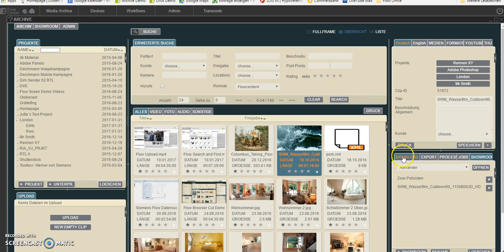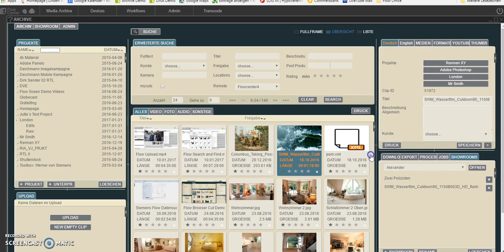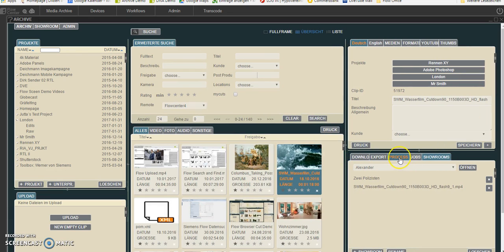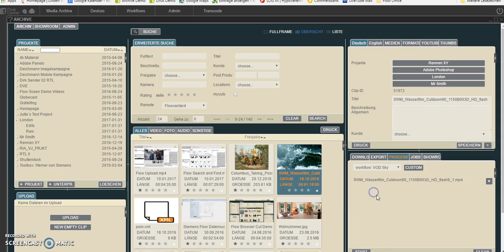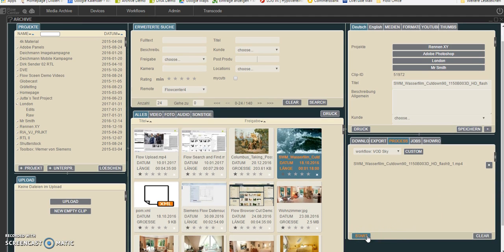Now, another little thing that I'd like to show you, of course, is down here is what we call the workbench. Now, I don't know if you saw it in the Device and Workflow Manager, how workflows are created. And hey presto, here are the same workflows again. So if I'm an editorial user and I'd like to send something over to Sky, I simply go under Process, select the workflow VOD Sky, put a file here and hit Start. You can't see that very well here, I'm afraid. Run out of space, there we go. If I hit Start, I would now be publishing this file to